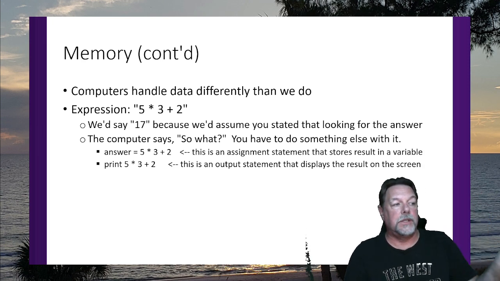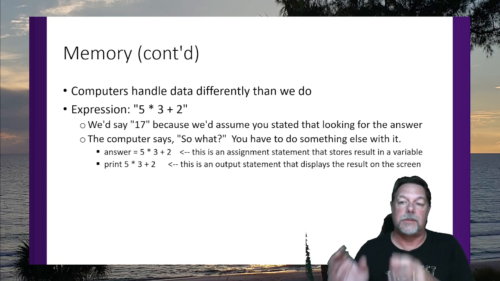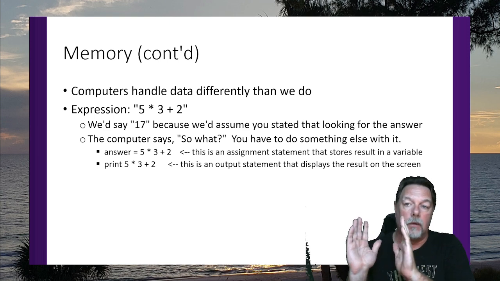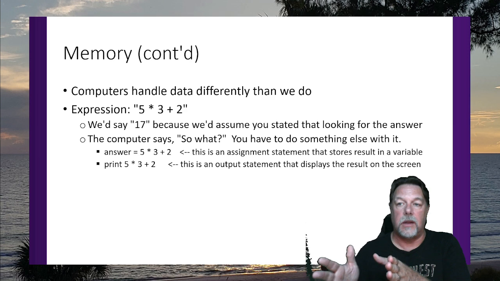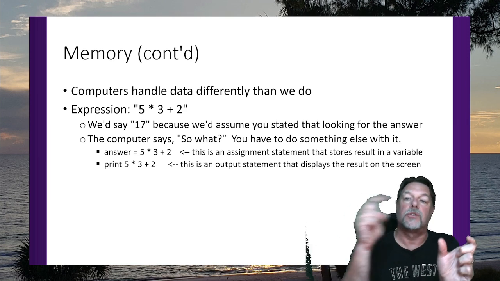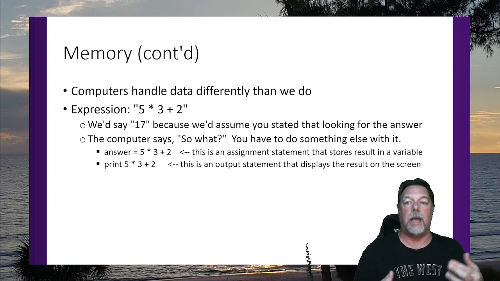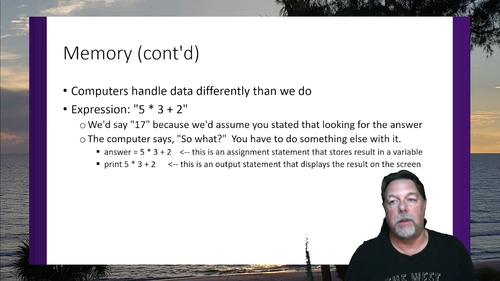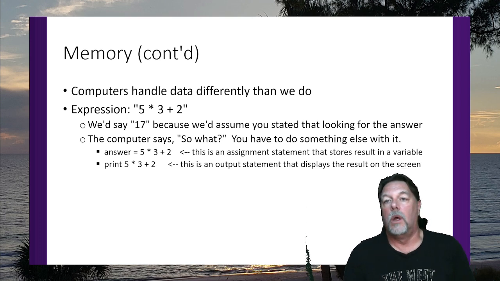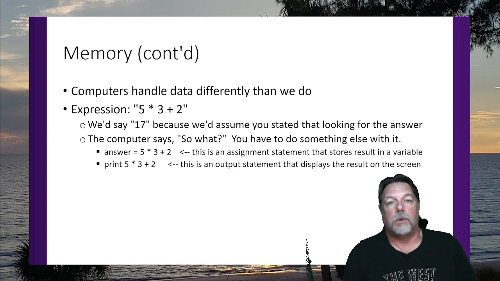So when you see something like answer equals 5 times 3 plus 2, that tells the computer, okay, evaluate the expression on the right side of the equal sign, 5 times 3 plus 2, I get 17, and store it inside the variable answer. That's what that means. Now, if you've ever had a math class and you've seen formulas like x squared plus 2x plus 4 equals 0, or y equals mx plus b, or e equals mc squared,